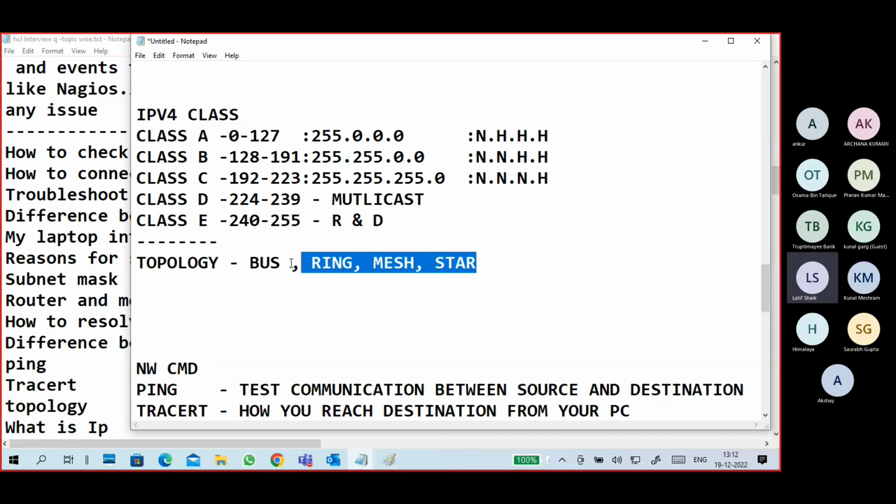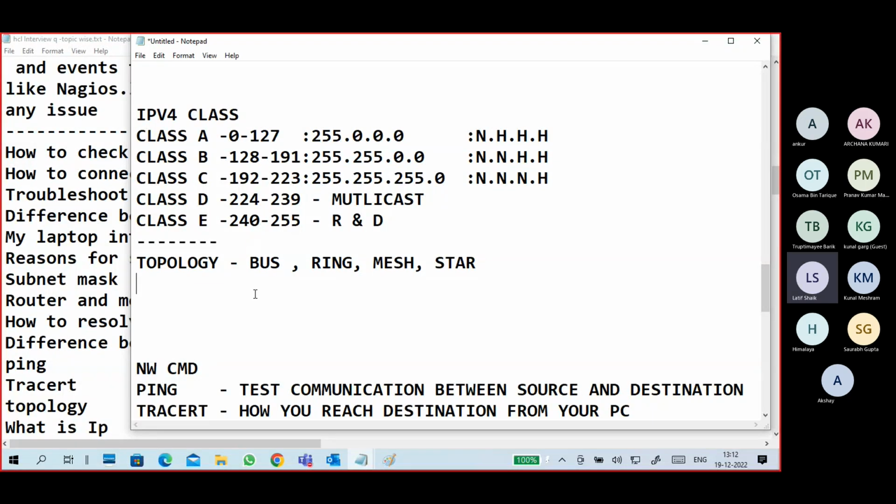So you have to tell about how it is connected. Bus topology, there is a backbone wire, devices are connected to the backbone wire. Ring topology, one device is connected to another device, that device is connected to another device, and the last device is connected to the first device, like that a ring is formed.